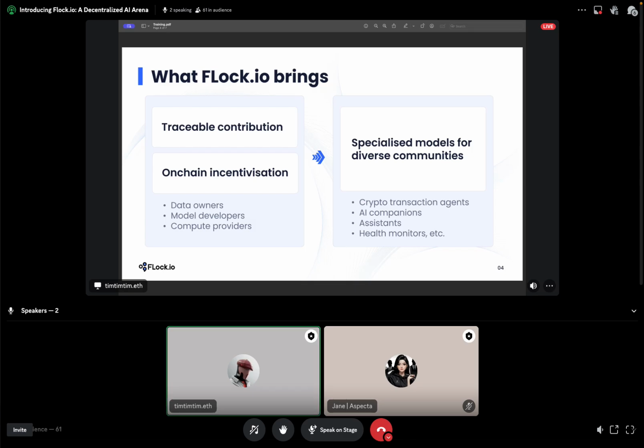For example, whether it's going to be a crypto transaction agent, AI companion assistants, health monitors, or something like what we currently do on the bounty, a Farcaster chatbot. I think these are the things that we are looking at, right? Trying to build a community around the machine learning process, where I'll discuss a bit more at a later stage how you can participate in the network.